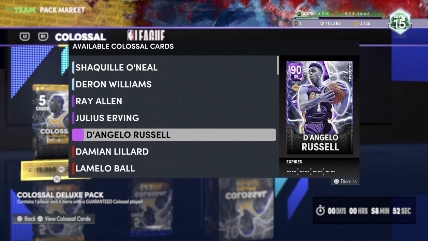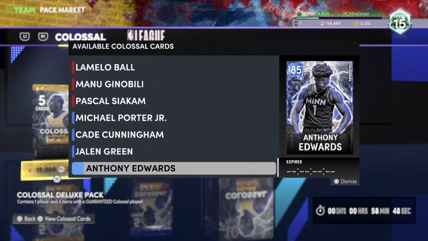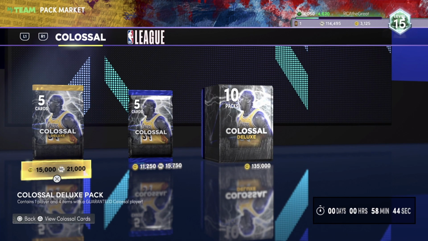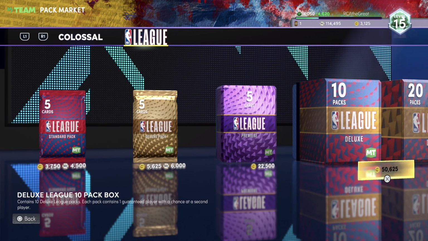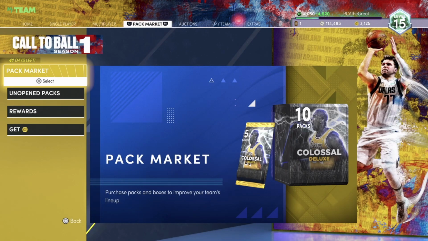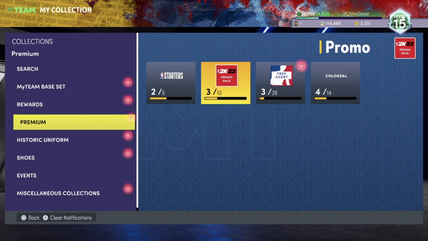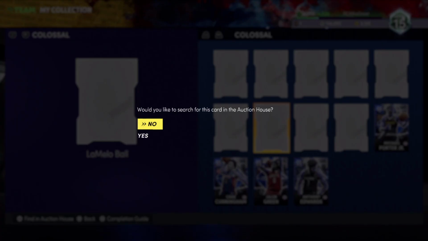So as you can see, we do have the first promo out, the Colossal promo. We have some good cards in it, and they're all worth a pretty good amount as long as you're not only getting the Sapphires. If you're getting some of these Ruby, Amethyst, and Diamond cards, you're going to have a pretty good chance of making some MT. We also have the base sets out that also go for some pretty good MT. But looking at the Colossal set, we do know that this is the first promo,